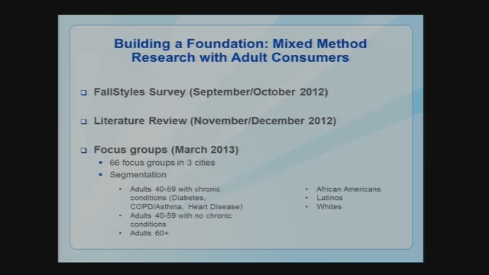Knowing that making changes in social norms and behaviors related to adult immunization requires a long-term effort well beyond our 2-year project timeline, we set out to lay a strong foundation for this and future work through formative communication research. Our research included a national survey, which I shared with you last year, focus groups with adults, as well as a review of available published and gray literature related to adult immunization communication.